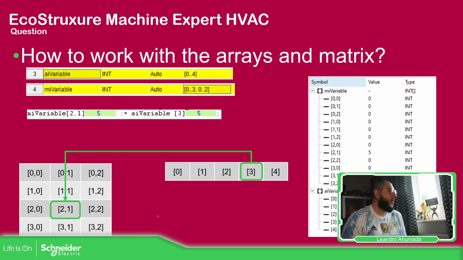Now, how can we access this information, how can we work with this? As soon as we define this, imagine that we want to use those variables. It's simple. It's important to know the variable name. Then inside those brackets, you can use the index, for example, for the array. In this case, we want to use the element from here that in my watch,